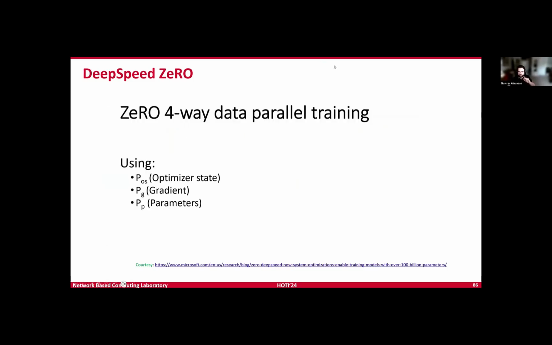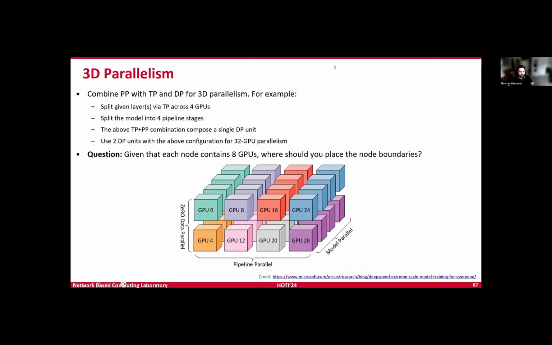Okay, so if there are no further questions, we can move to the next advanced technique, and that is 3D parallelism. 3D parallelism itself can use either data parallelism or fully sharded data parallelism, but it also uses other techniques like pipeline and tensor parallelism. Hence the name 3D. We have three different ways to do parallelism that we're combining.